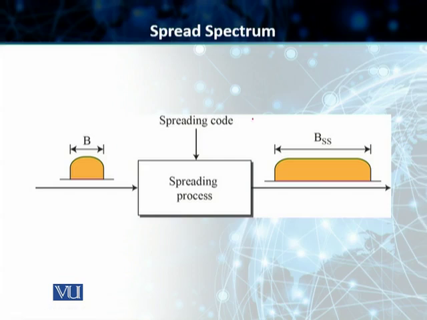certain bandwidth, which is B, capital B, and then you have got a spreading process that you have employed in this particular case, and all it is doing is it's using a particular spreading code to spread the bandwidth of this original signal into BSS, bandwidth of spread spectrum. Students, as you can see, BSS is way greater than B in this particular case. So students, after the signal is created by the source, the spreading process or the spreading code uses a particular code and it spreads that bandwidth